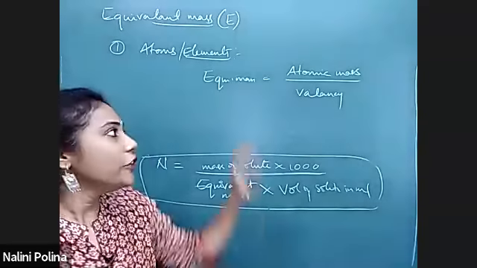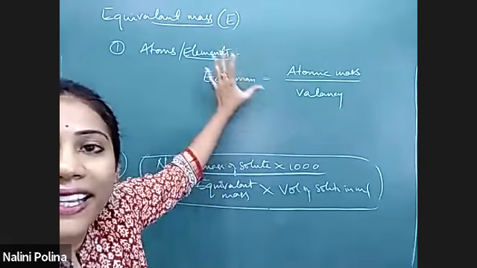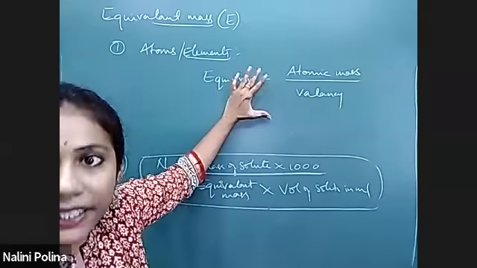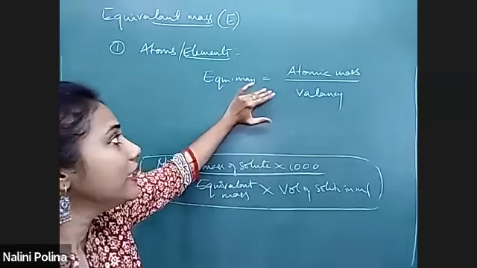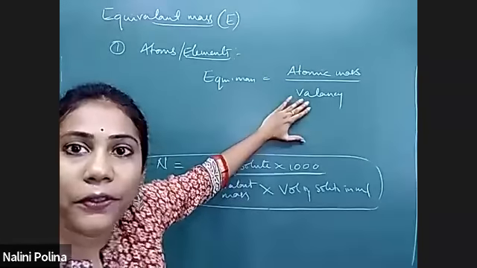If you do, you will get the value for equivalent mass. So for elements or atoms, if you want to find equivalent mass, it is just the atomic mass divided by valency. For example,